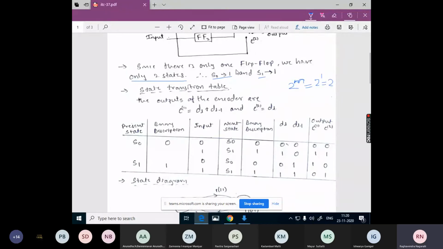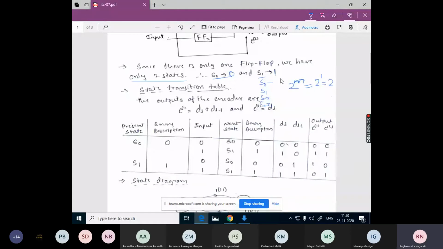And state S0 is denoted by 0. By mistake, I have written 1 here. So state S0 is written as 0 and S1 is represented by 1. These states are also represented by binary description. If we have four states, S0, S1, S2, S3, we need to name these states in binary numbers.